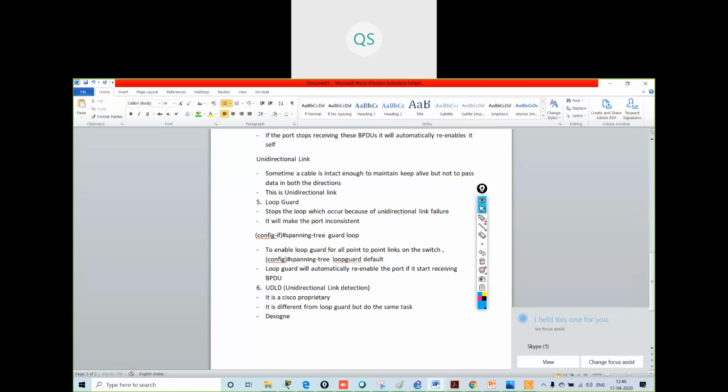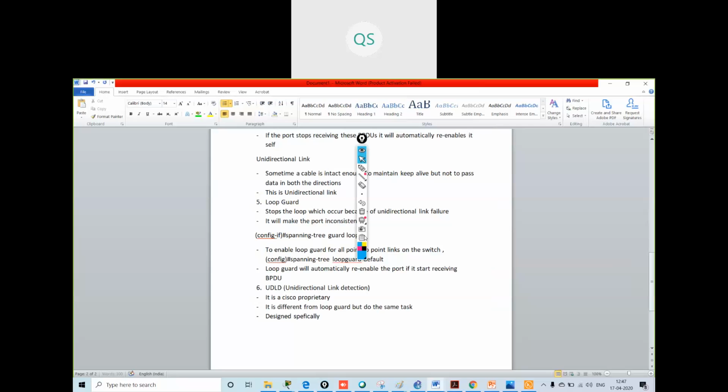It is designed specifically for fiber, but can also work with UTP cables.